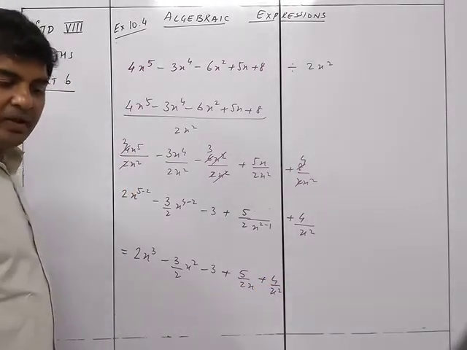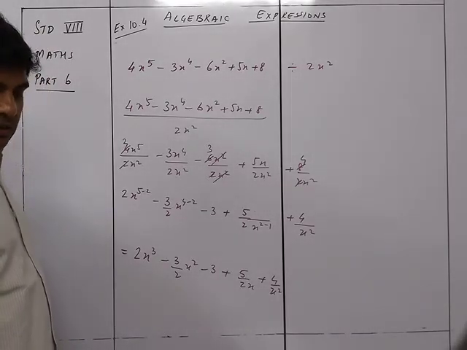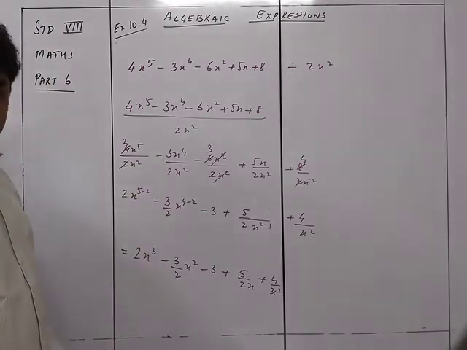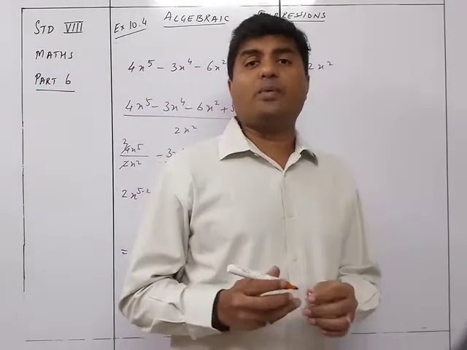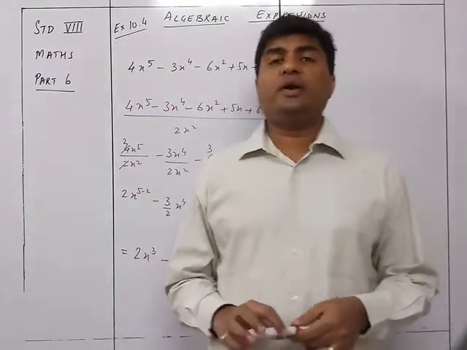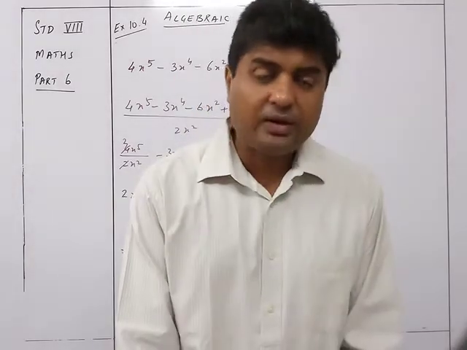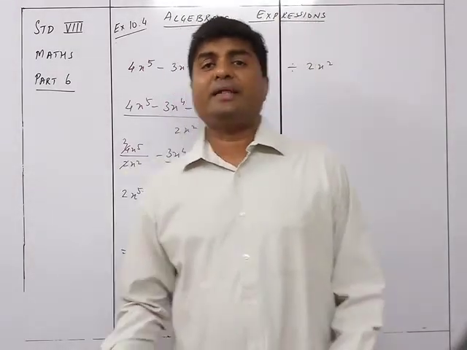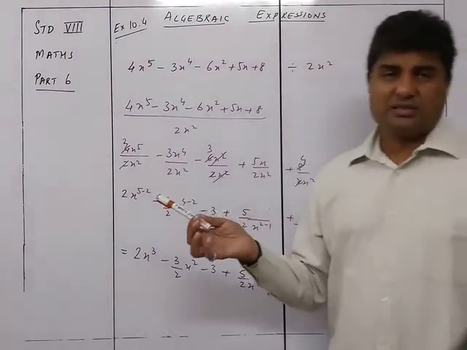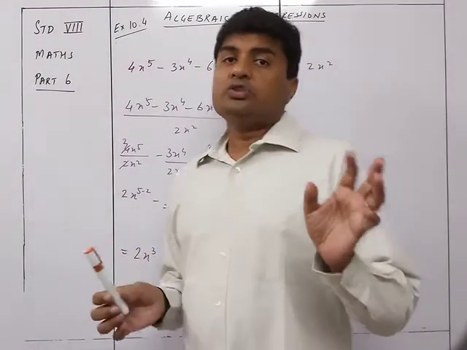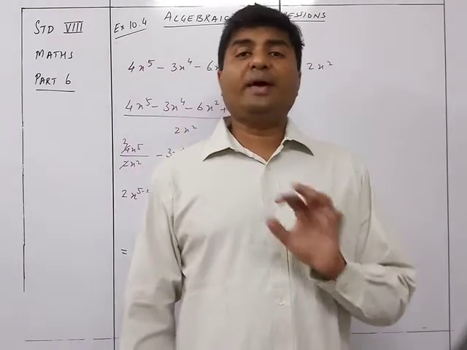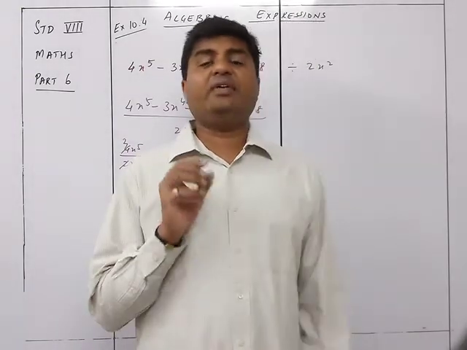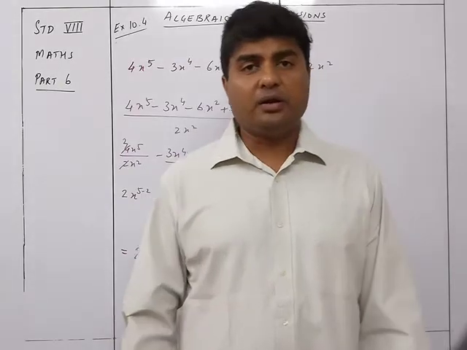Okay, this will be your final answer in this manner. So whenever you have a polynomial divided by a monomial, you just take that polynomial or multinomial and divide each and every term by that particular monomial. That's the simple part. So division with a monomial is very easy. It is just each and every term divided by that monomial.